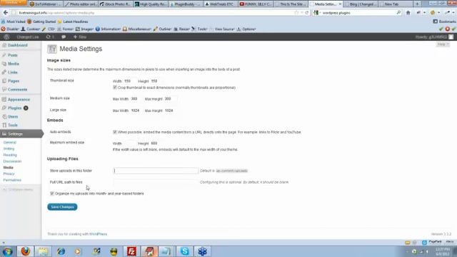And then full URL path to files. It says configuring this is optional. By default, it should be left blank. I have never used this value at all. I guess you could put in a very full URL path to the actual file structure as opposed to this relative path, which is here, wp-content/uploads. If you wanted to move it, I suppose from a technical standpoint,